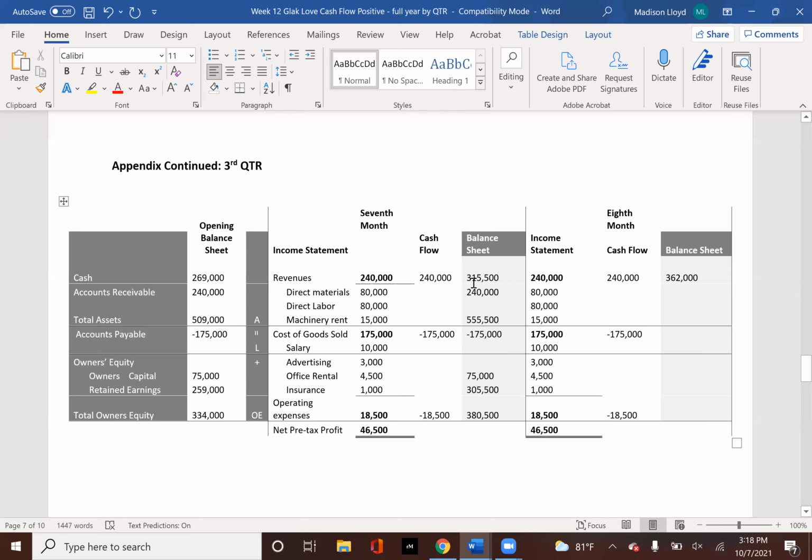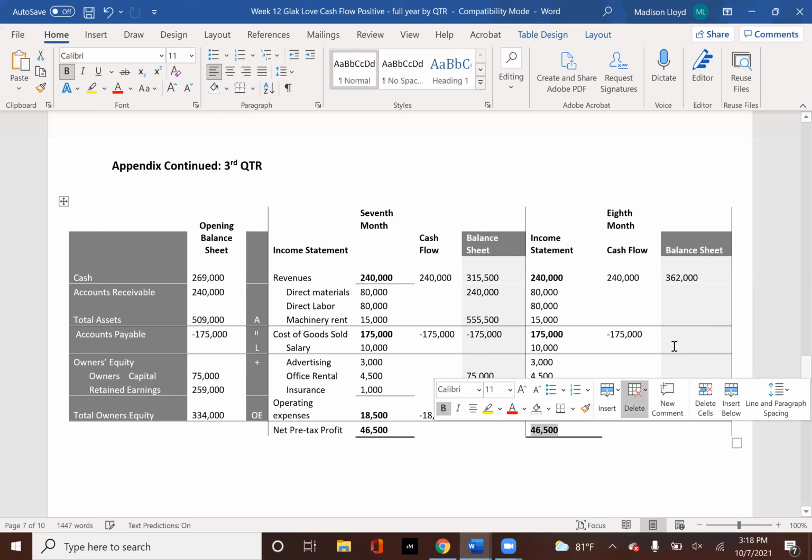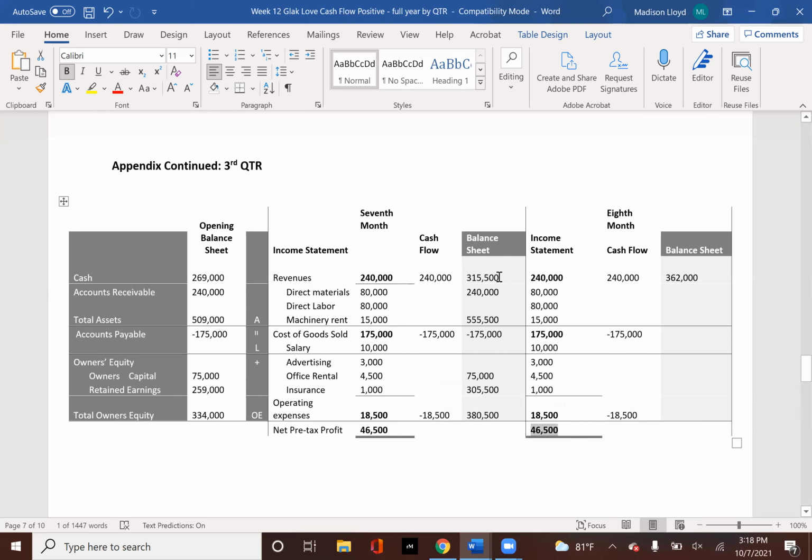$362,000 available cash. It's growing each time. Do you know how much cash it's growing by? It's growing by your net profit, because $315,500 plus your net profit, and you've got your available cash. So you can just do it that way, or you can actually go through all of the